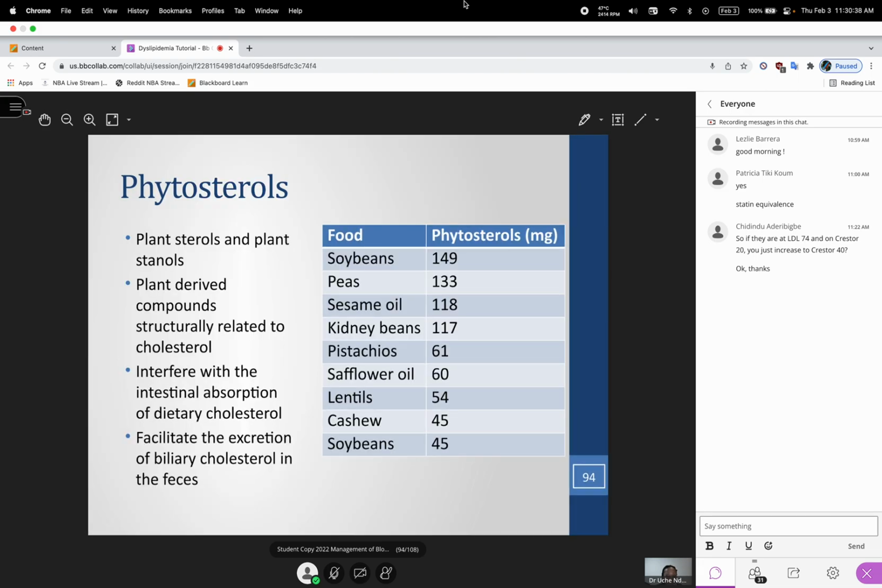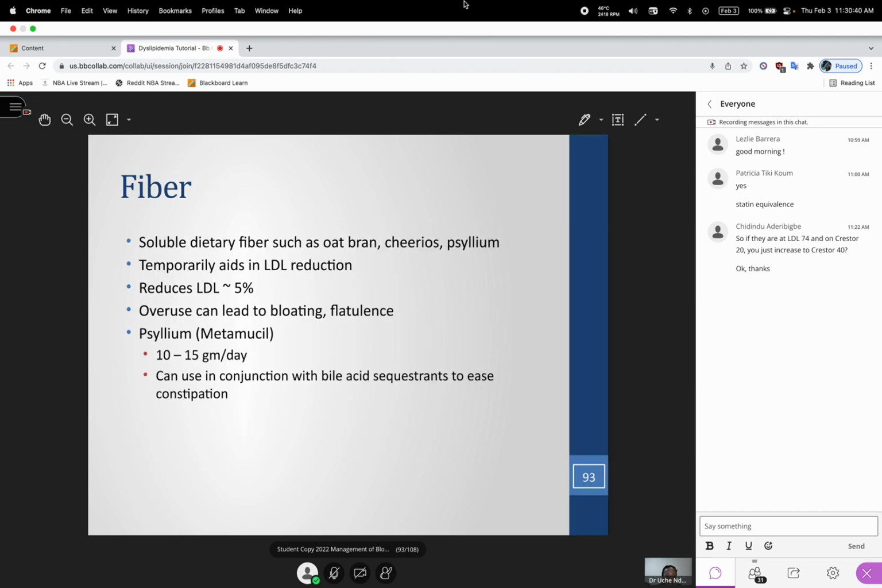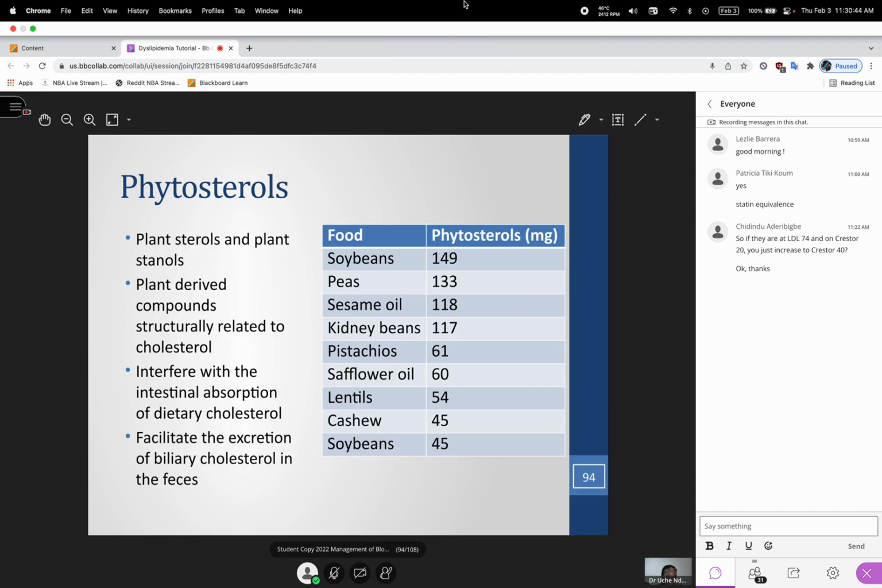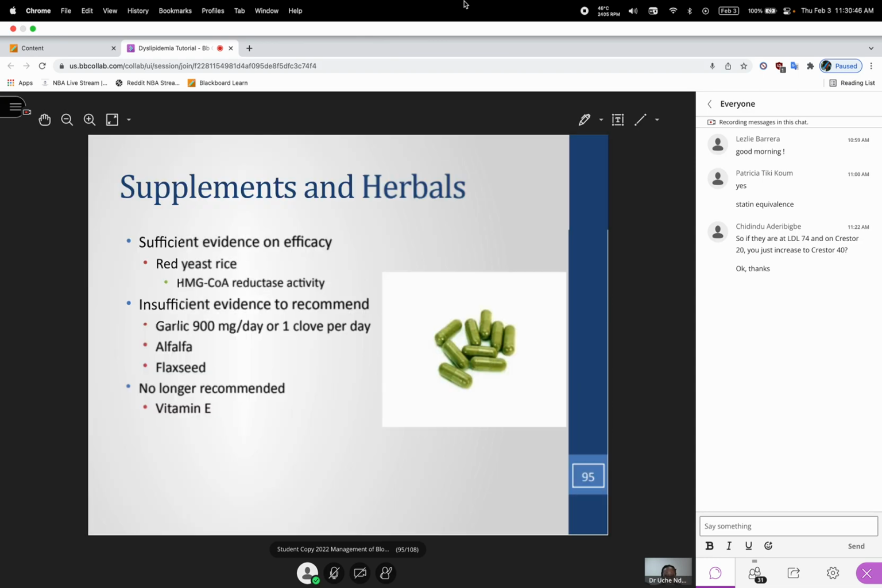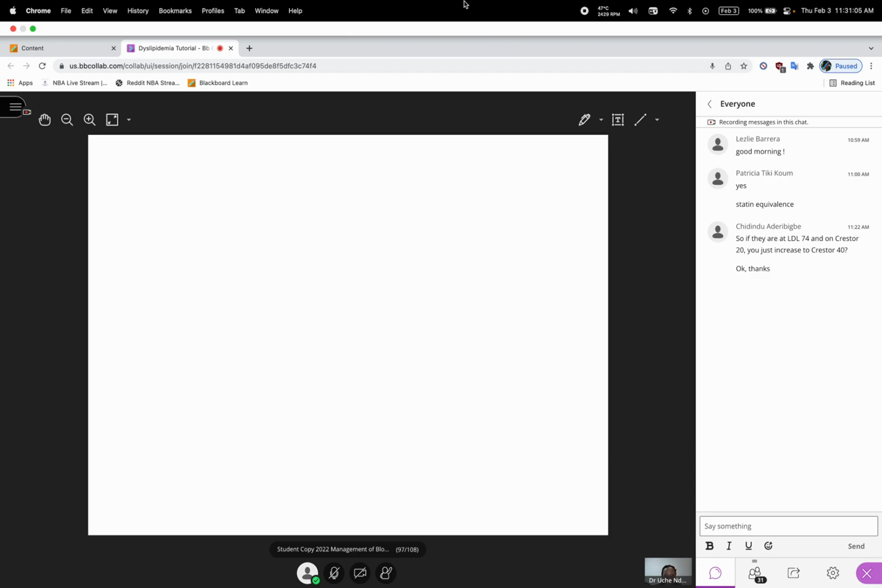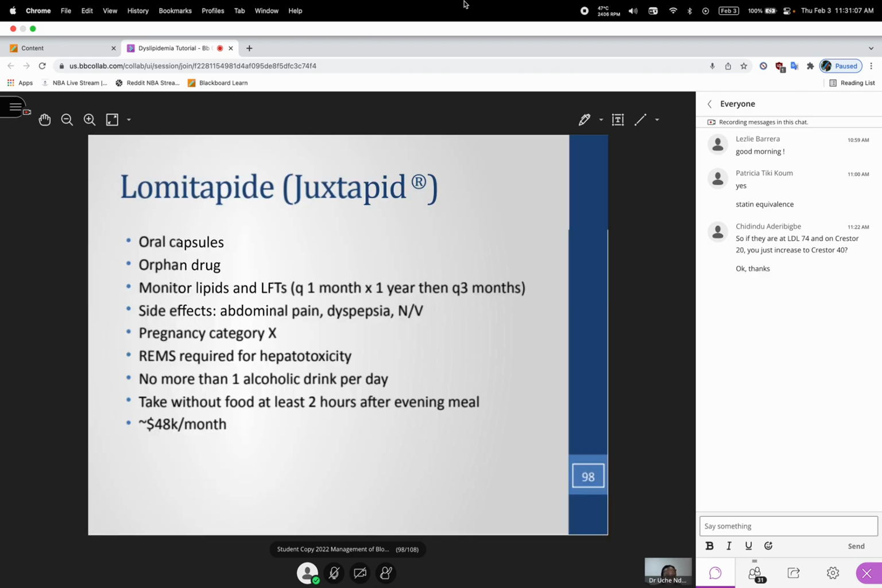We don't recommend herbs or supplements. We recommend that people eat healthy. We know that some of these have positive connotations or they're heart healthy, but we still don't recommend them. Red yeast rice really works like a statin, but we still don't recommend it because we don't know the dose and the right formulation, and we want them to be monitored if they're going to be taking something that can be used for